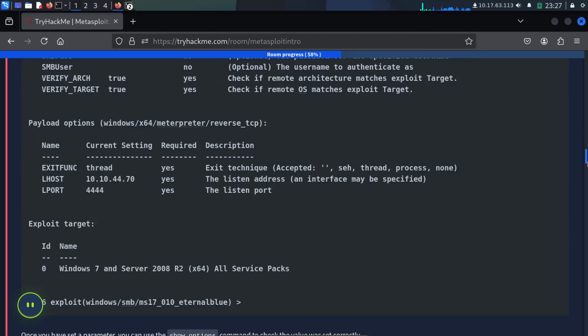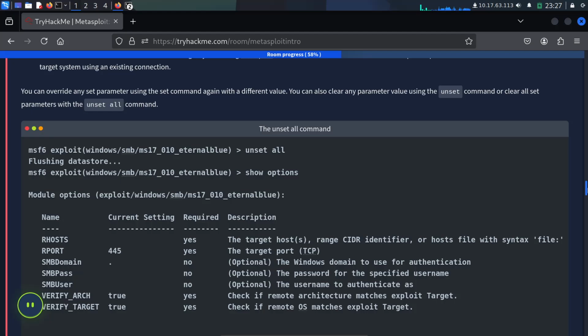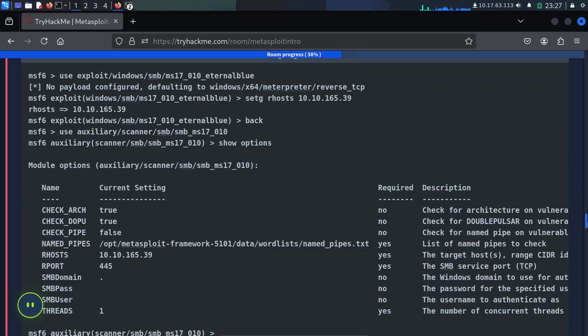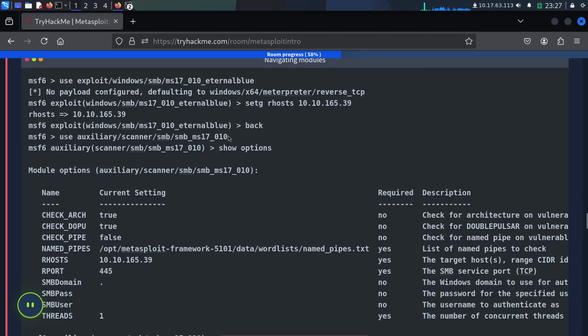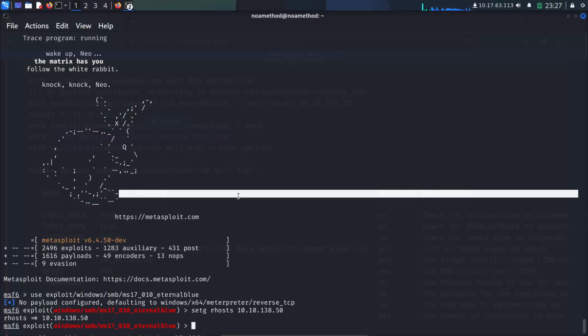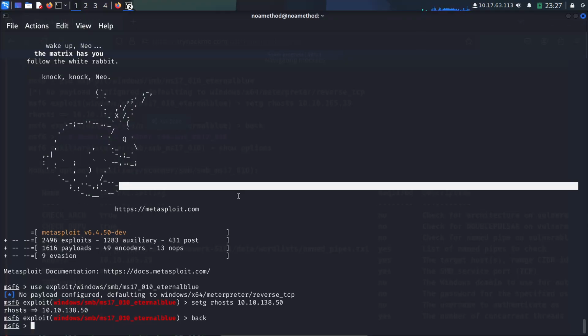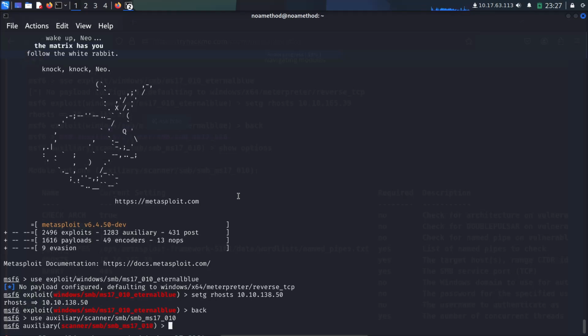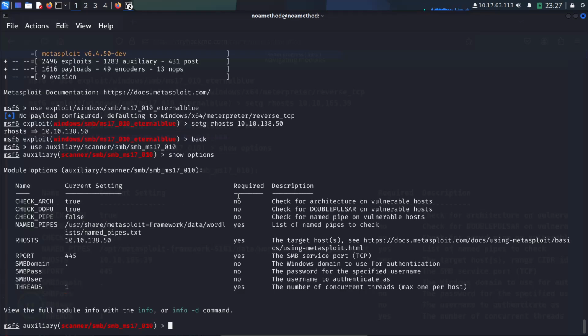I'm sorry because this is so long. Back and then use auxiliary. This is for checking the IP. We back and then use show options to check that the RHOST is right in the configuration.